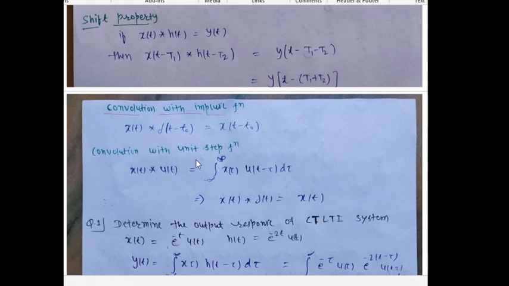Then convolution with the unity step function. The convolution of the unity step function is given by this equation. If here is u1', then we get delta'. If here is u1, then we get the differentiation of this one. So differentiation of this one, we get delta(t). So this one is x(t), and we will do some questions.